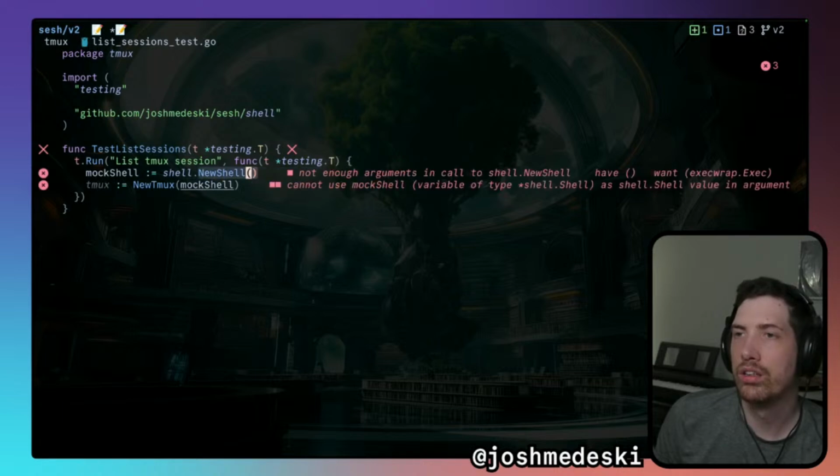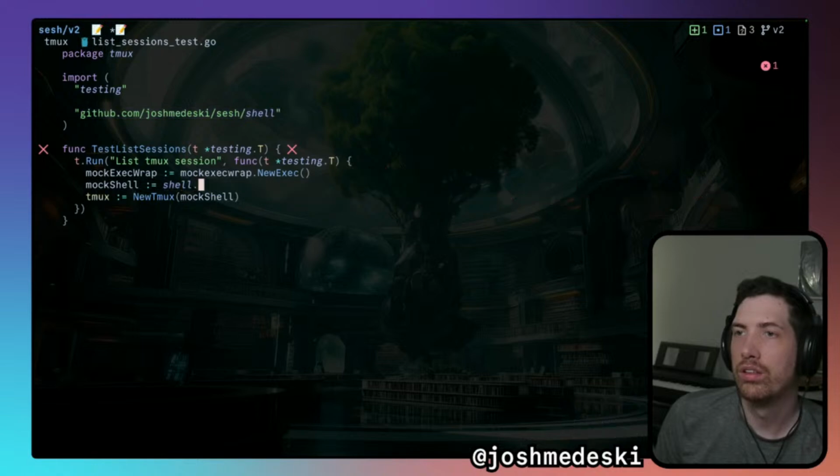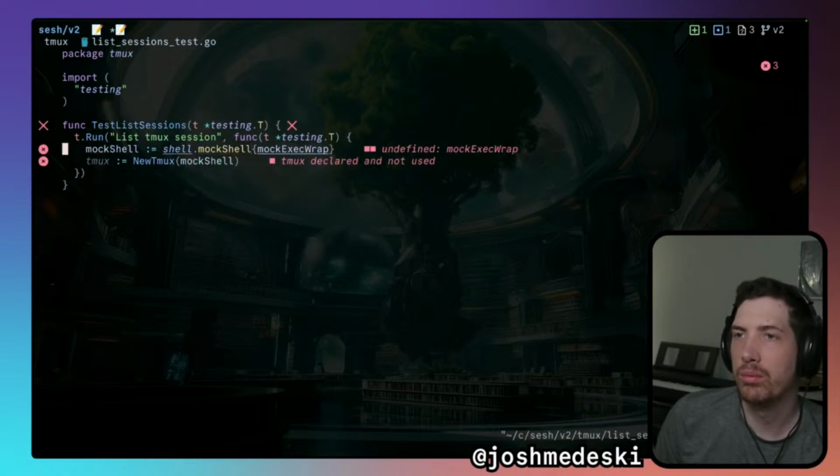New shell. Mock shell. This is the fun part. It's like I need to be able to pass